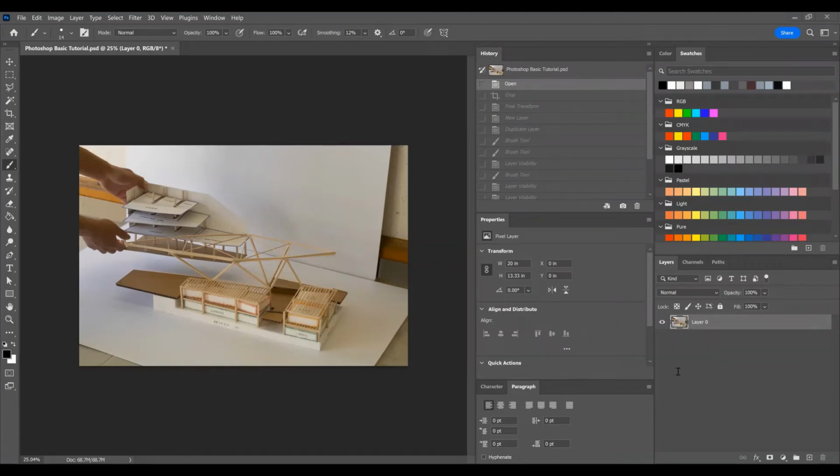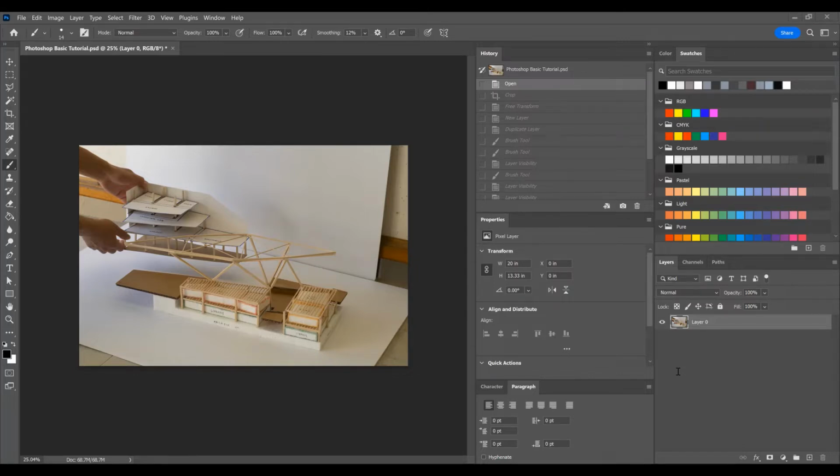And in this tutorial, we'll be having a basic introduction to the tools you'll be using in Photoshop in order to manipulate and post-process an image that you pull into the software. This tutorial is going to split into an introduction to four main tools that you'll be using, and just a best practice you can employ in your workflow in order to make your life easier and just work